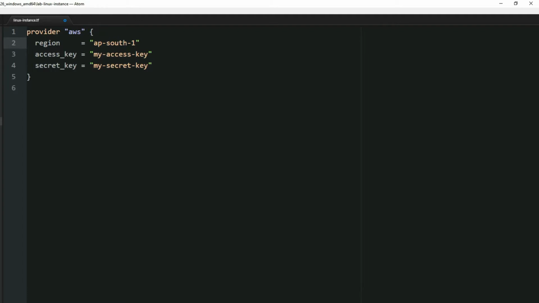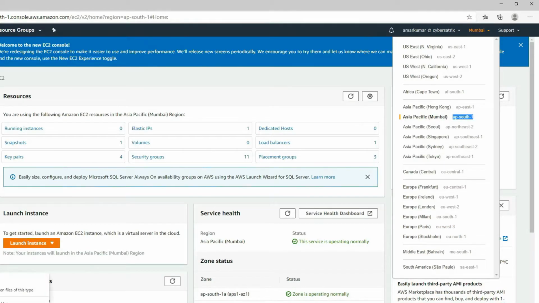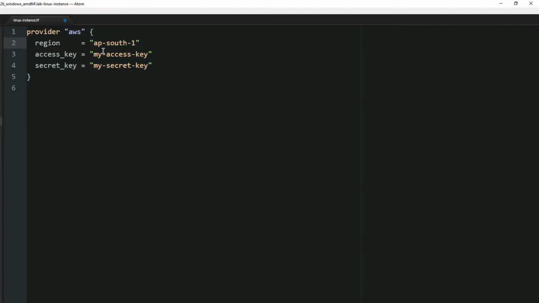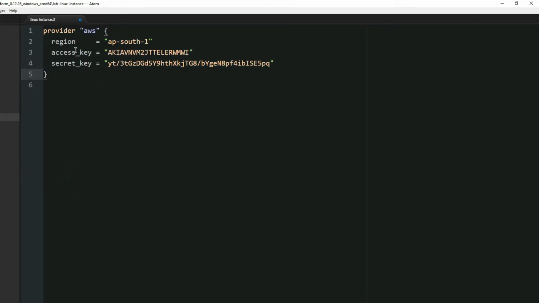Utilize the CSV sheet which we have just downloaded to get the credentials. Let me open it up. Now my access key is this one and my secret key is this. So we have the required arguments in the provider bucket, that is region, access key and secret key.